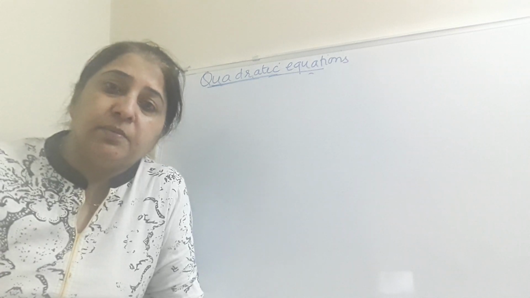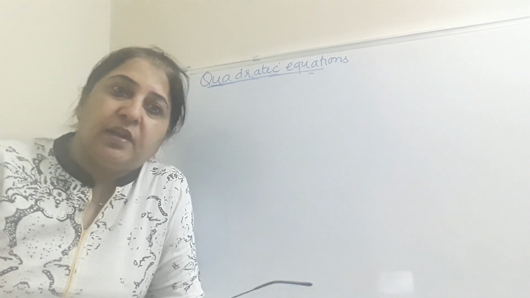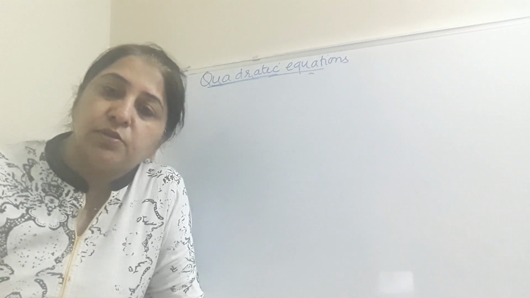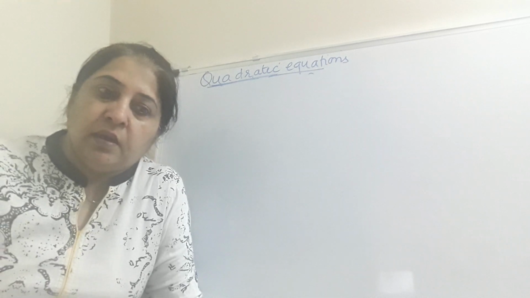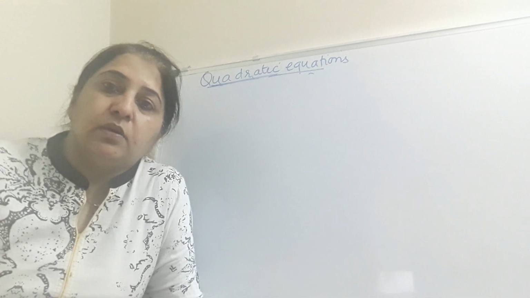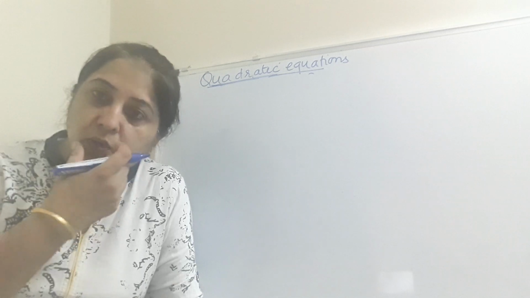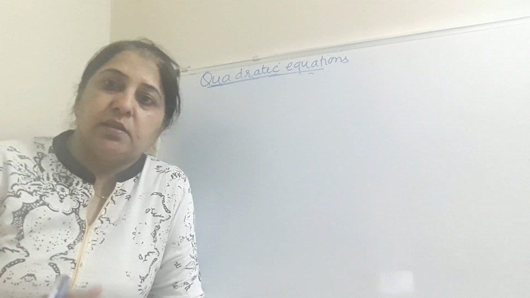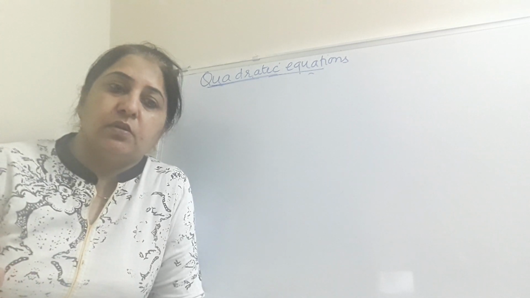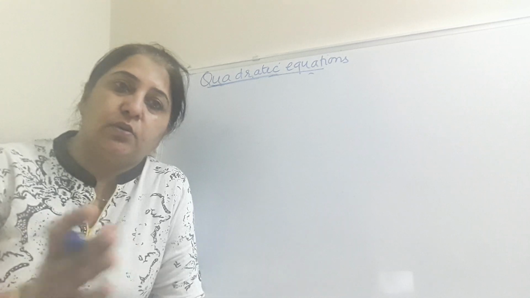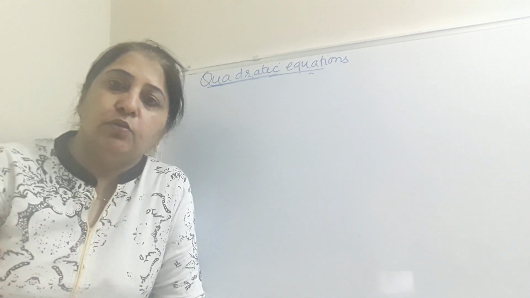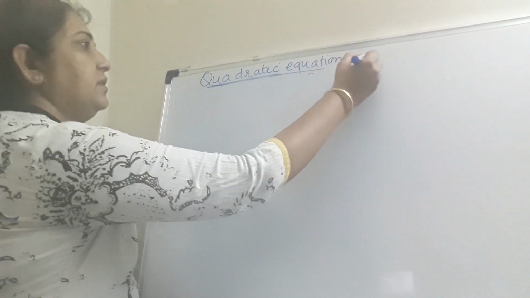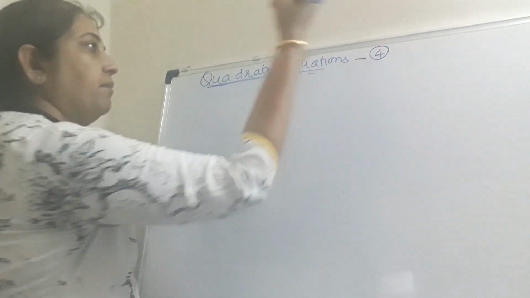In maths, we have completed 3 chapters. You all know that we have finished linear equations in 2 variables, polynomials, and coordinate geometry. Now, today we are going to begin with quadratic equations. In quadratic equations, we are going to study how to find the roots of the quadratic equation. There are some word problems which will help. Those word problems we are going to convert into quadratic equations, and find the roots of those equations. So let's begin with the chapter. This is chapter number 4.